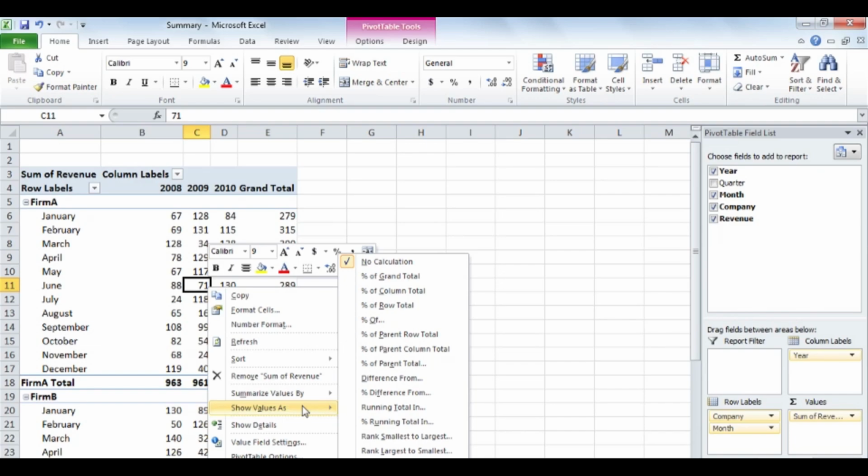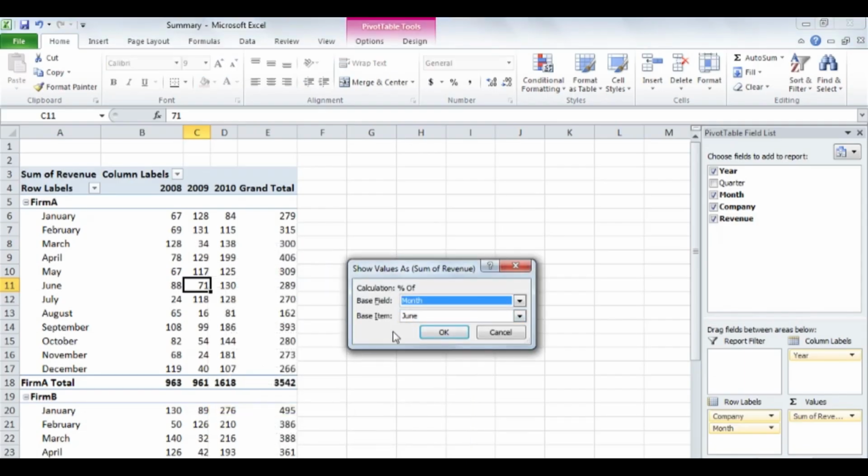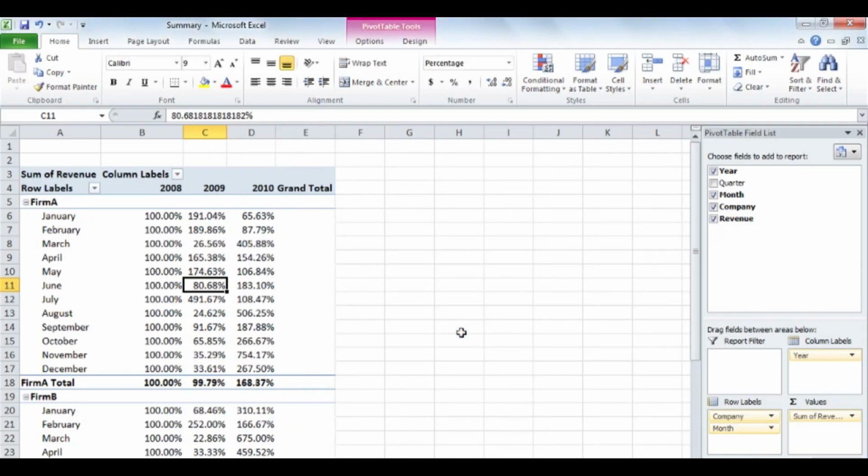In this case, I want to compare the values in 2009 to those of 2008, and the values in 2010 to those in 2009. In other words, I want to compare each year to its previous year. Click Percentage of. Doing so displays a dialog box that you can use to set your base field and the base item. So in this case, I want the base field to be year, so I'm comparing year on year, and I want to compare each year to its previous year. And the base item is already selected as previous, so I can click OK, and Excel updates the pivot table